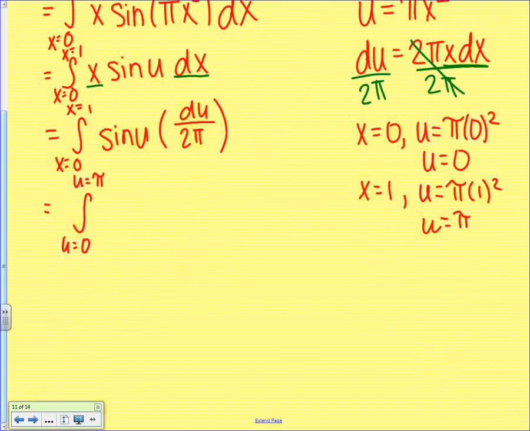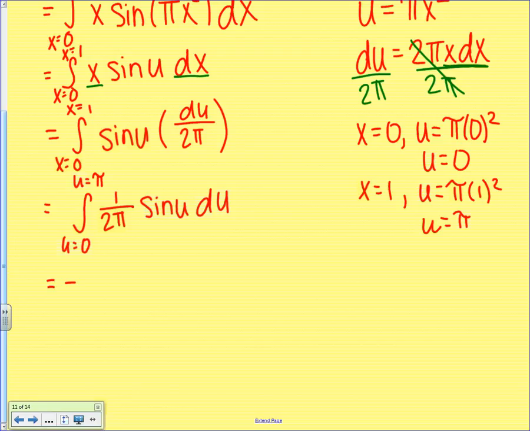And so now we have 1 over 2 pi and then sine of u du. So that is something that's very important. You have to change your 0 and 1 to whatever it would be with u's. So now we can integrate. Well, if you integrate sine, you're going to get